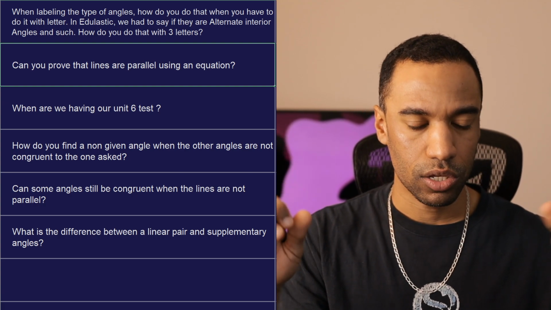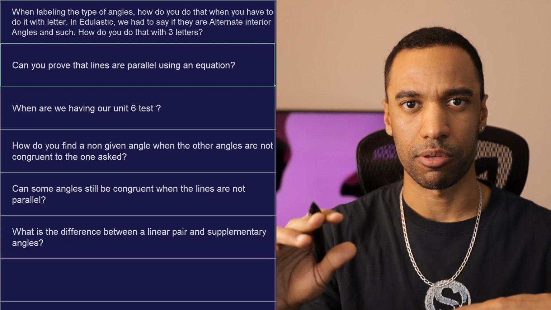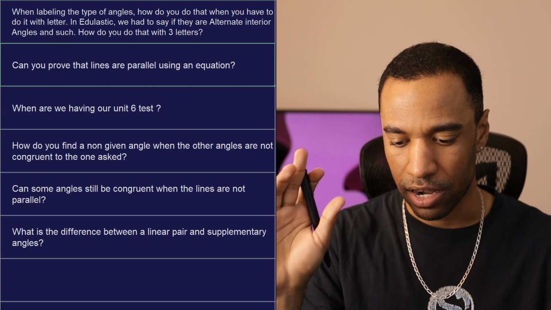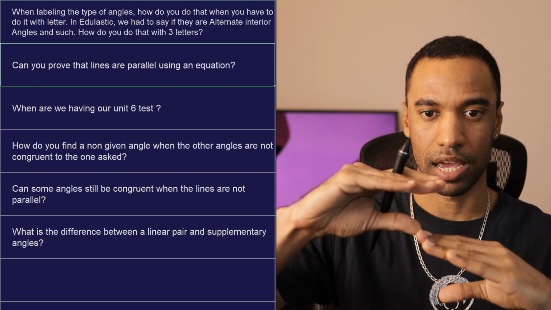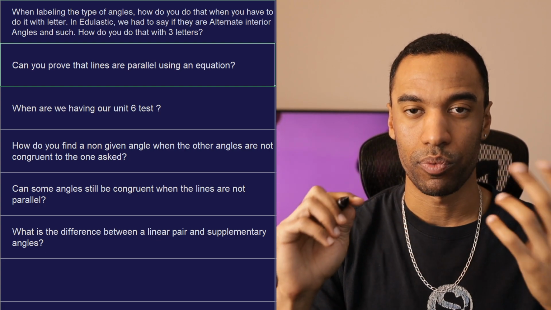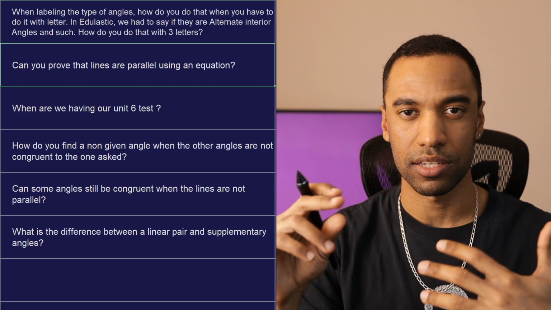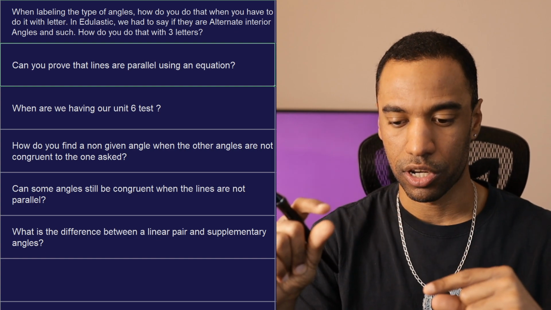If they ask, what value of x would these 2 angles have to be to prove the lines are parallel? It has to do with knowing what kind of angle relationship you have. If these are alternate interior angles that we're looking at right here, we set those equal to each other. And if we get the certain x that matches both of those, then yes, you have alternate interior angles,